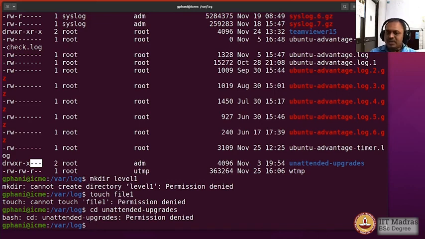So this is how the operating system has secured itself from ordinary users, so that there are folders which you can't enter, there are folders which you can't write to, and there are files that you can't read. Whatever is available to you with the read permission, that is all that you can play with by reading, but there is nothing more that you can do.